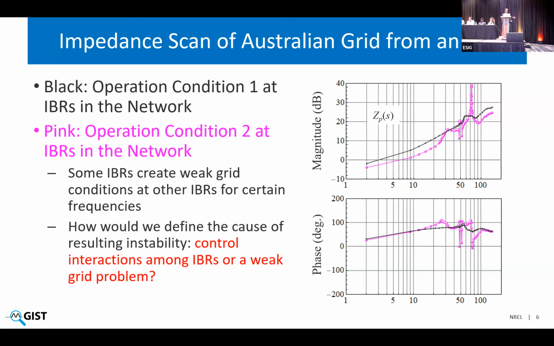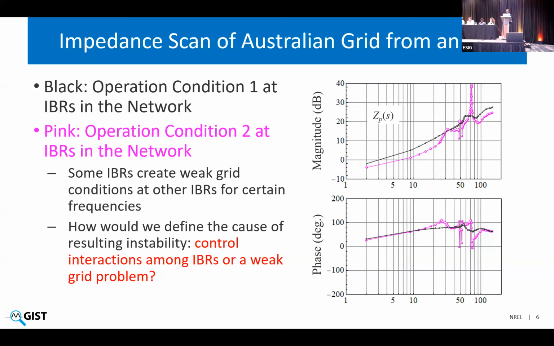And nothing has tripped. No transmission line has tripped. No synchronous generator has tripped. But still, the grid characteristics look significantly different. Now, if you look at the conventional metric of grid strength, which is short circuit ratio, basically the impedance at 50 Hertz or fundamental frequency, they're exactly the same for both plots. But for operating condition 2, the grid strength at other frequencies, particularly at 50 plus 23 Hertz, so basically at 73 Hertz, is significantly poor. You can see this resonance in the impedance.